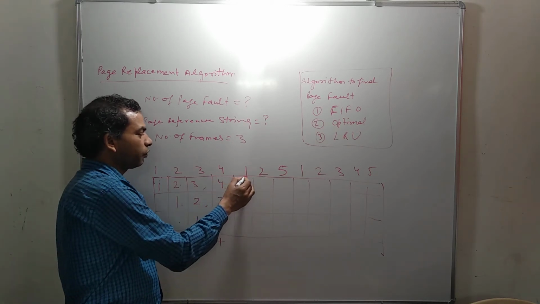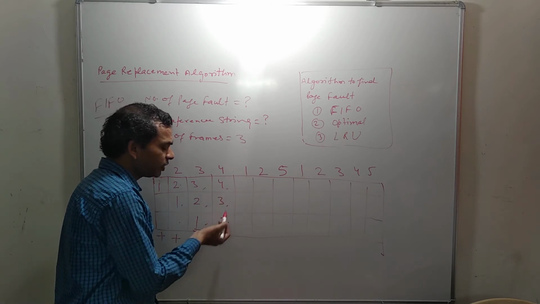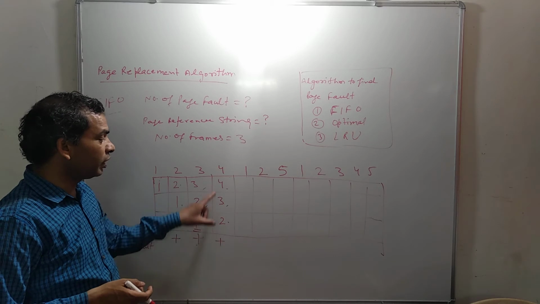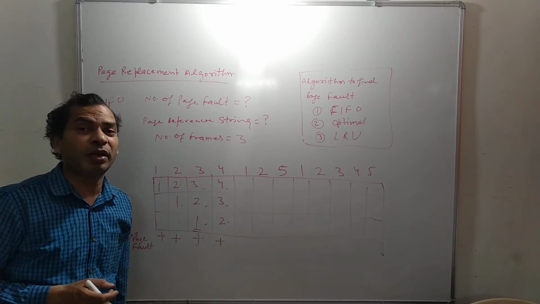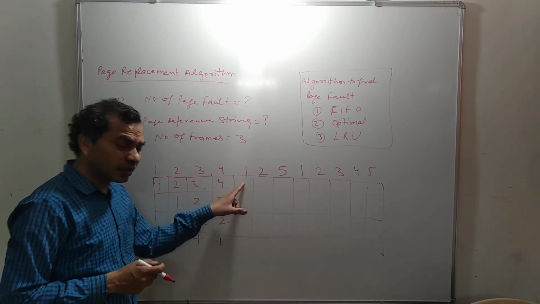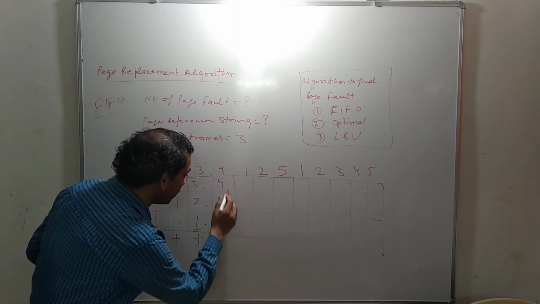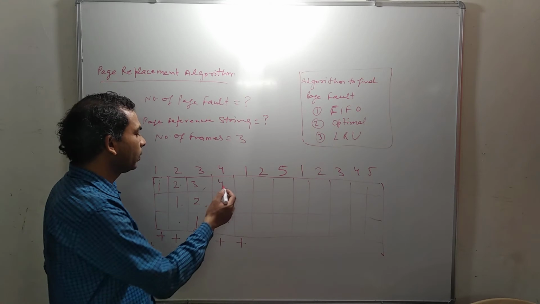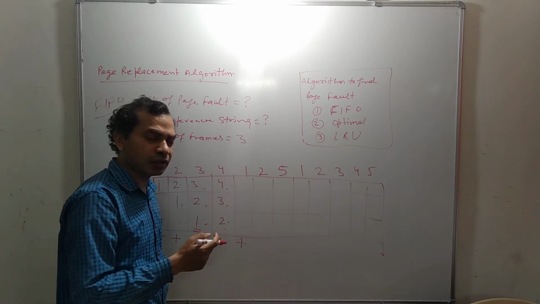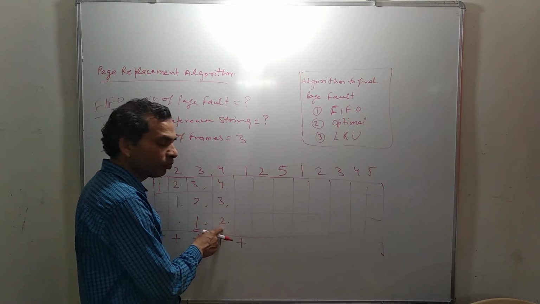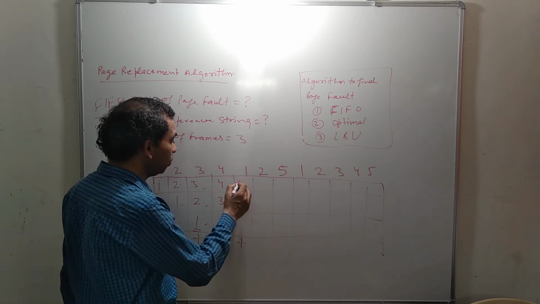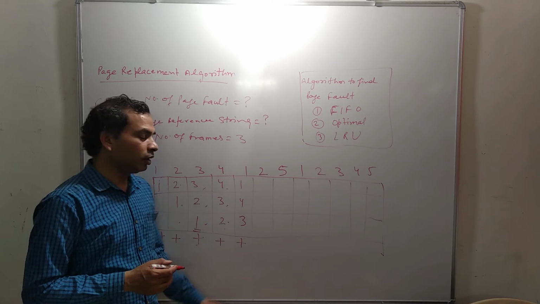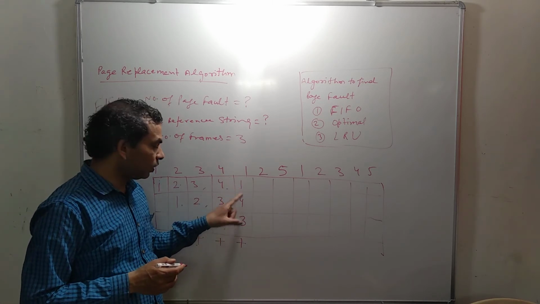Again, we want to search for 1, but we see that 1 is not present right now since the frame has been replaced. The page number 1 has been replaced by 4, so 1 is not present in the random access memory. So we are saying the 1 is not present in the frame. So plus means a page fault occurred, and we have to replace the first in first out page. The second page is the one that came first, so we will replace this 2, and 1 4 3 will come here, and now the pages available in the frames are 1 4 3.